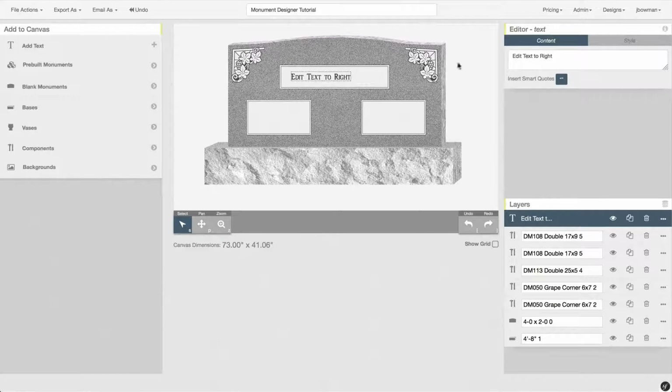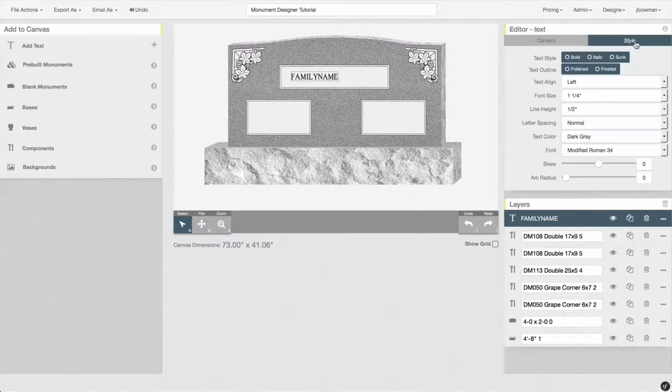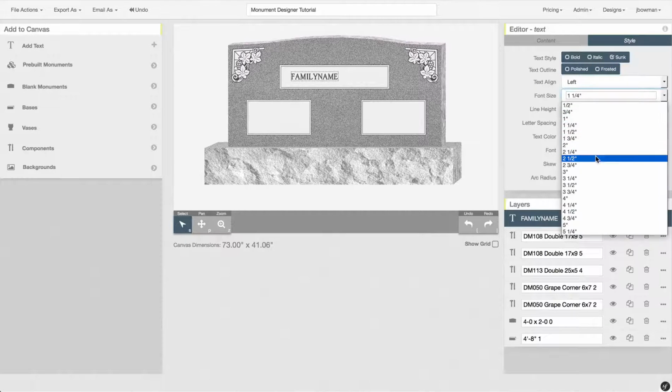And you'll notice at the top right in the editor, because we have the text selected, we can edit the text. So I'll highlight this here and replace it with family name. And then just to the right of the Content tab, I can click on Style. And this will allow me to change the way the text appears. So I can make it sunken, frosted even, increase the font size,